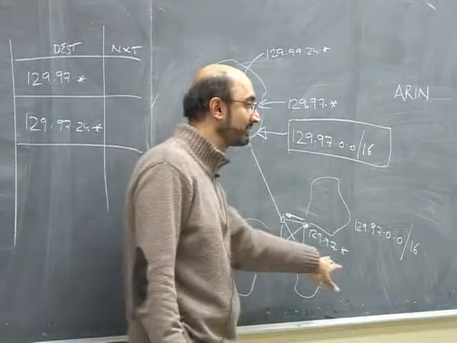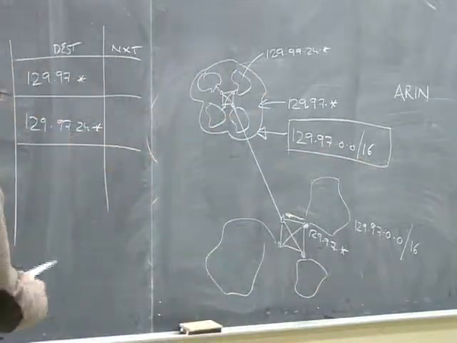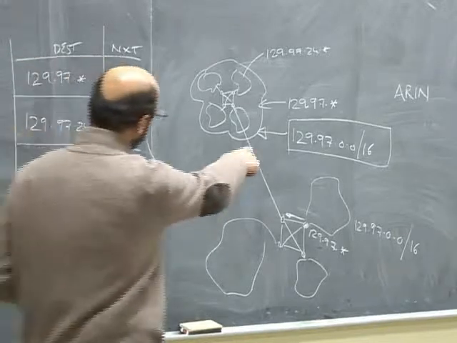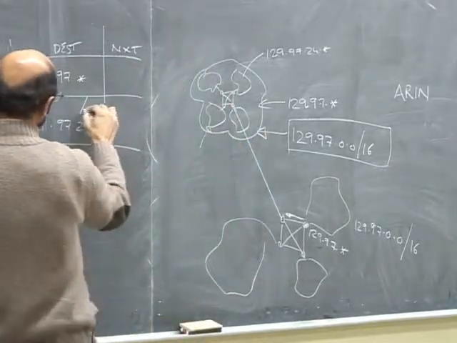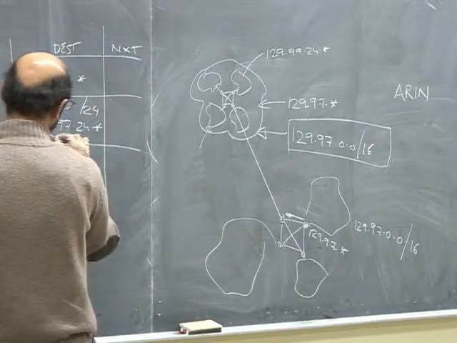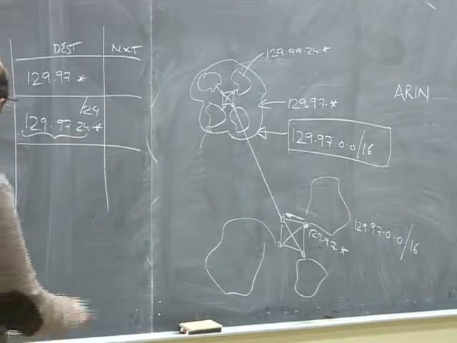And that's true for other places as well. They'll have other /somethings, right? Inside Waterloo, however, /16 is not enough. Here we need to have basically this one, which we call a /24, which means the first 24 bits have significance. It's just a coincidence that it's 24 over there. But we could also have